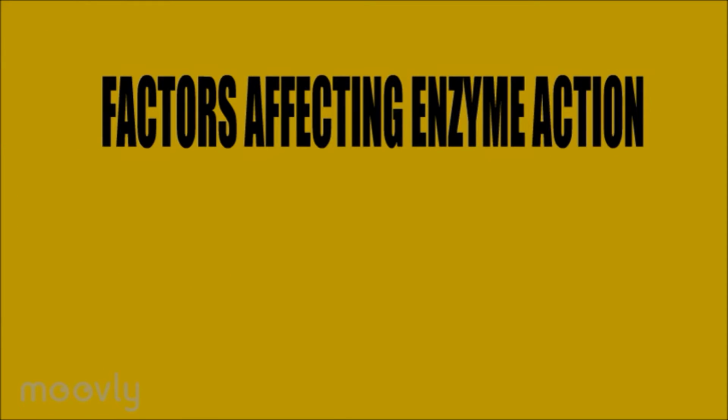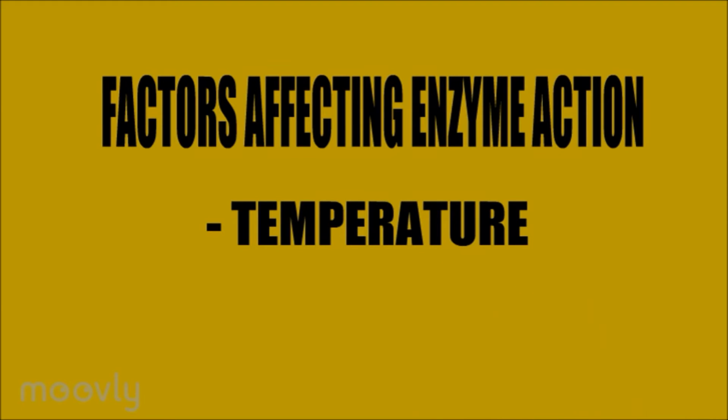The environment of the enzyme and substrate can affect the speed of the reaction. In some cases, the environment can cause the enzyme to stop working or even unravel. When an enzyme stops working, we call it denatured. So there are factors that can affect enzyme action. First is the temperature and second is pH.